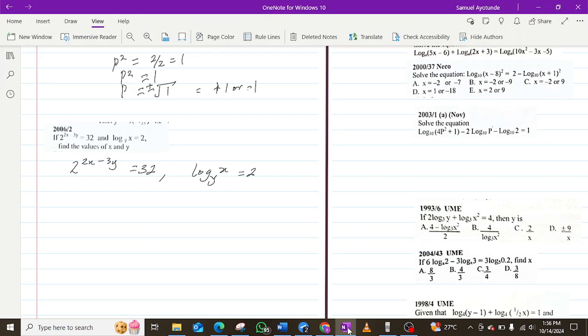So we simplify the two. We use the laws of indices to simplify 2 raised to the power 2x minus 3y equals 32. Then we use the laws peculiar to logarithm to simplify log x base y equals 2. So if we are simplifying the first equation,